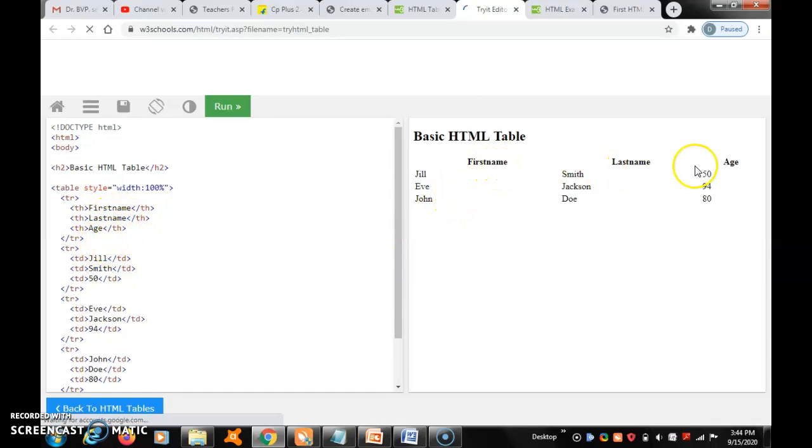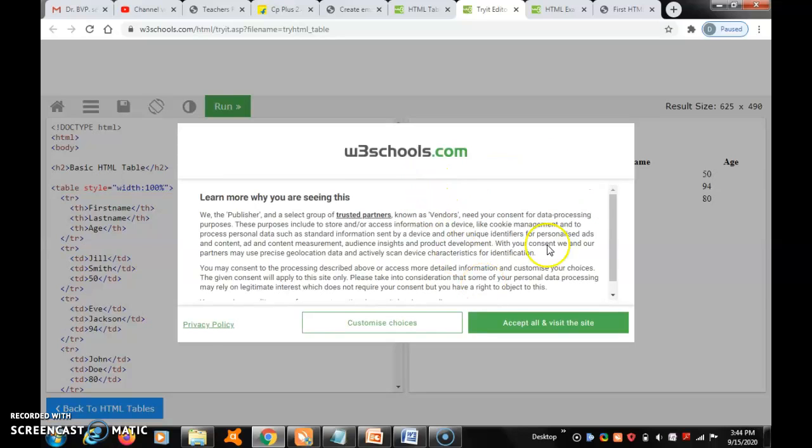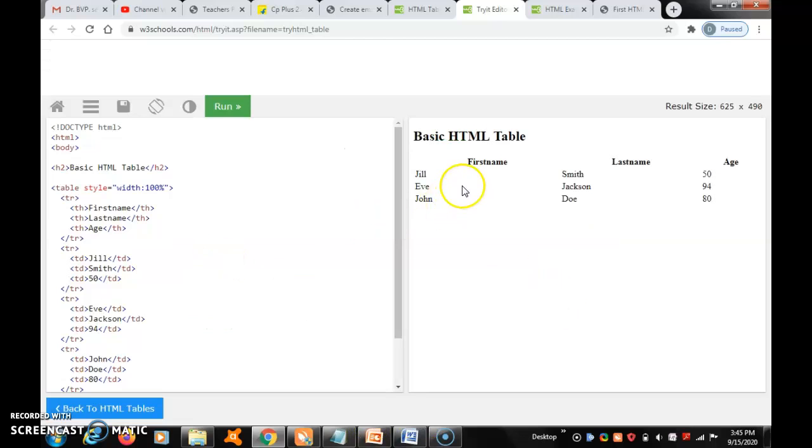Here some problem is coming. So here Jill Smith 50 age, Eve Jackson 94 age, John Doe 80 age.